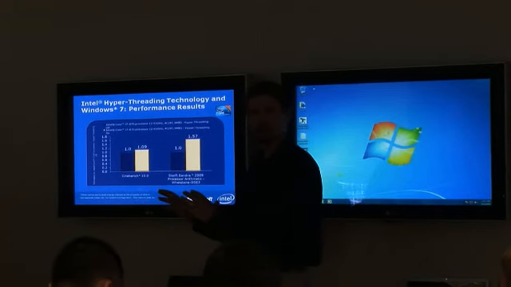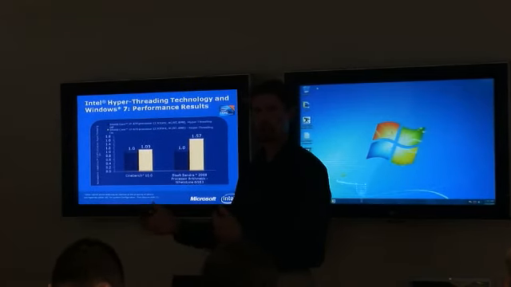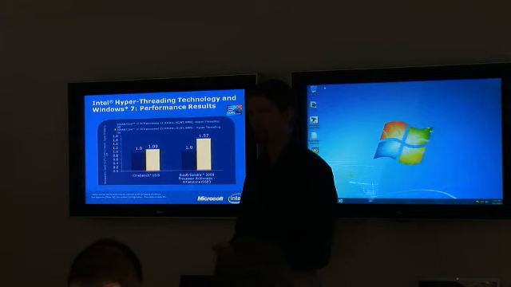Any questions on the hyper-threading part? Because Rustin's going to come up and talk about some of the more broad enabling efforts that we've done on performance and